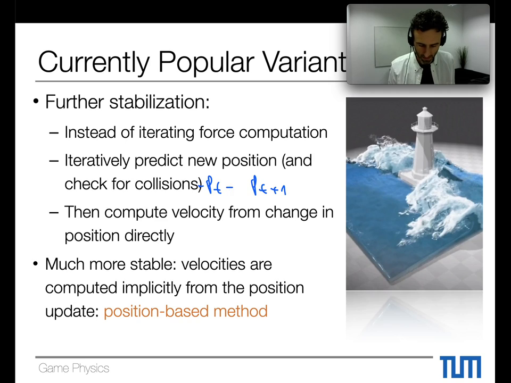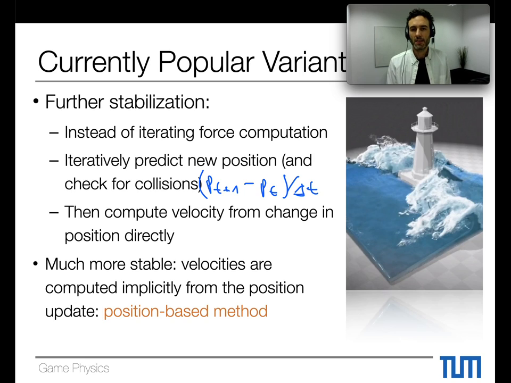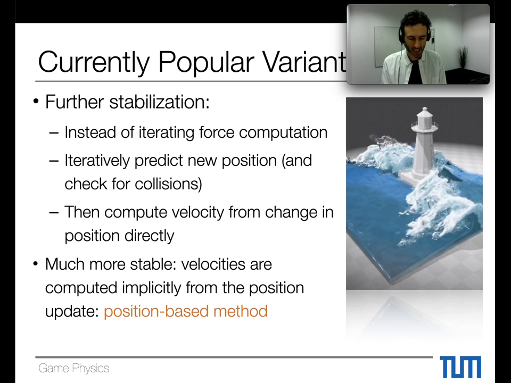right, so let me write it the other way around. If we look at pt plus 1 minus pt, that is the change within this time step, right, divided by delta t. Then, like a finite difference approximation, we can actually get the velocity of the particles, and then basically iterate that in a loop. And this has some interesting properties and can actually lead to more stable simulations. Typically called a position-based simulation method. There are also by now quite a few variants in that field. Yeah, we don't have time to go into the details here, but